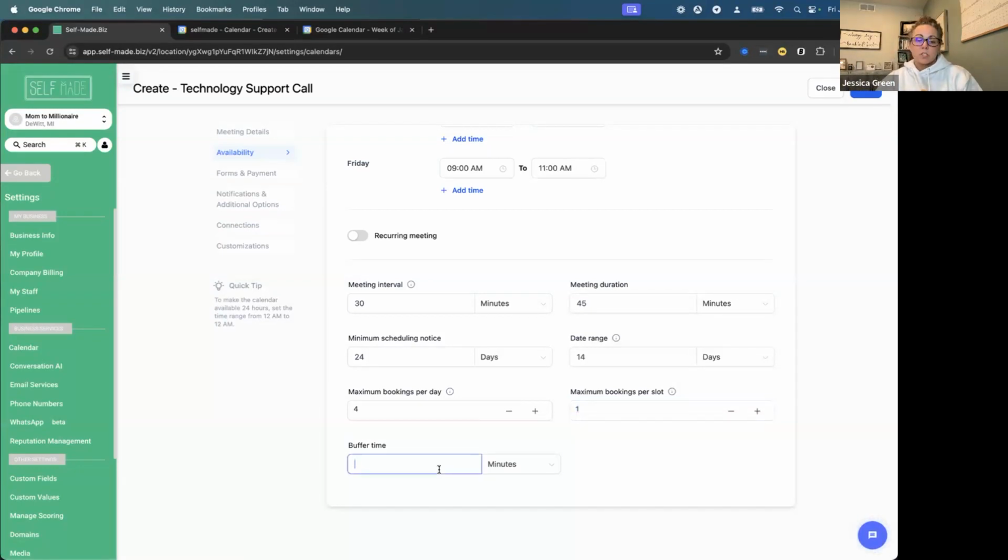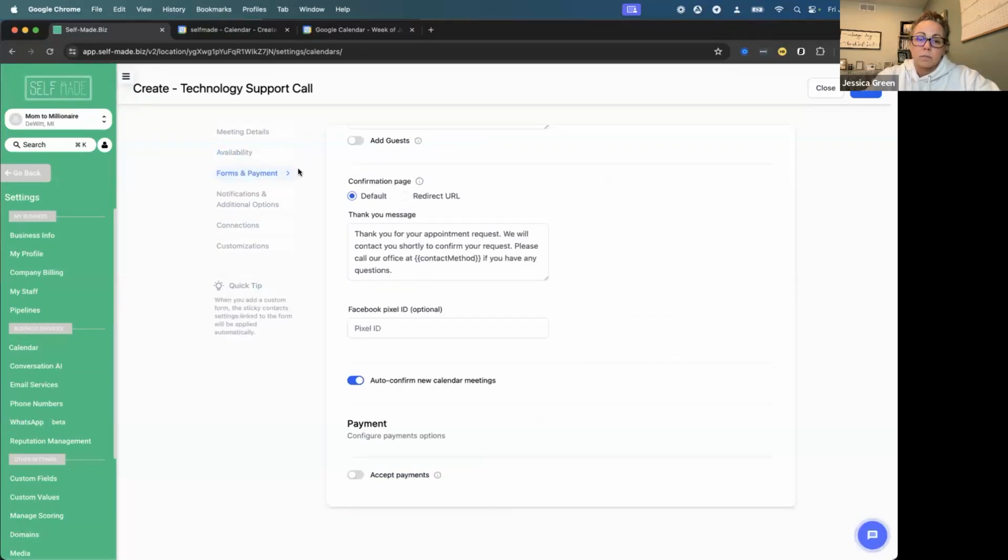Buffer time, which is the next thing, is how much time you want before the call, so your calendar knows she's not available for 15 minutes before this time. So does she actually have a full 45 minutes to do this? You can put that in there. That's a personal thing. I don't use buffer times because my calendar runs pretty seamlessly without them, but those are things you can add here. So now that we have all of that done,